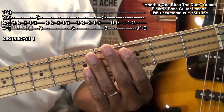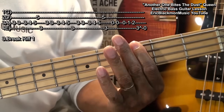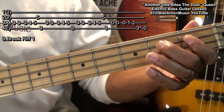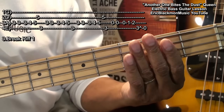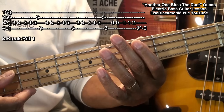We'll start that again, and then we'll go to the open A string and walk it up. Then we'll go to the 3rd fret, the G note, and bend it, and then open. So once again,